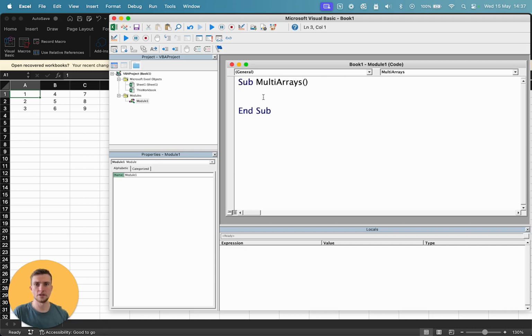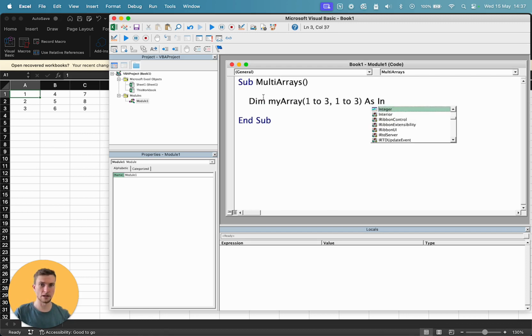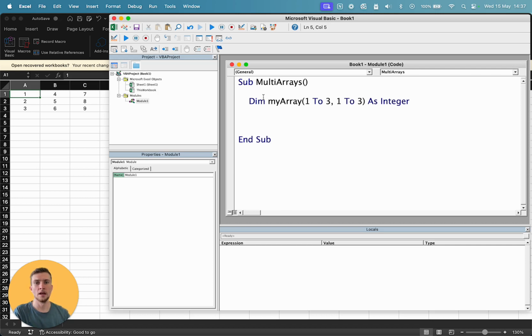Let's first define our function, and now we're going to define our array. Let's say Dim myArray, then we're going to open the brackets, and instead of just providing one number this time for the number of values in our array, we're going to say 1 to 3, comma, 1 to 3, and we're going to declare those as all integers. The reason we've written 1 to 3 twice here is because we want to have 3 rows and 3